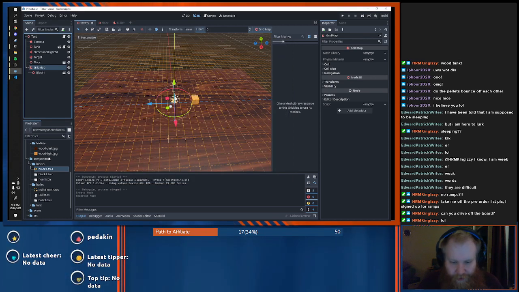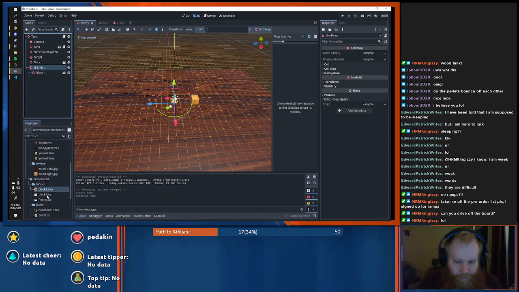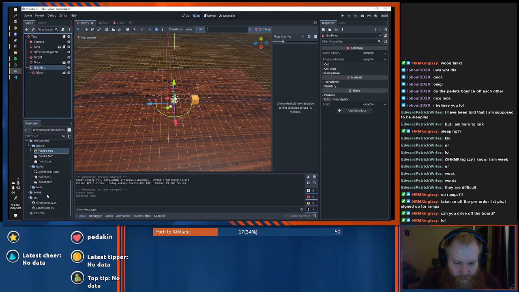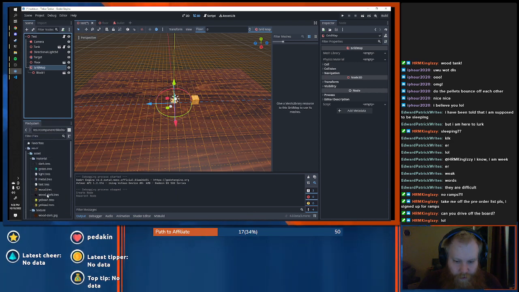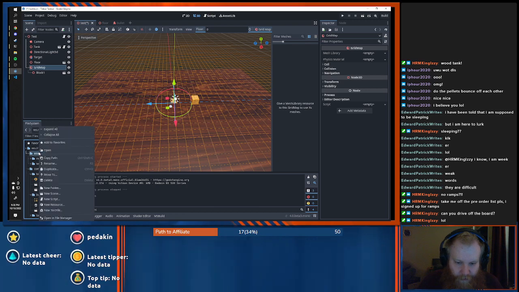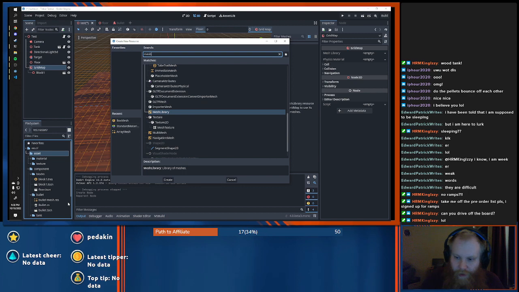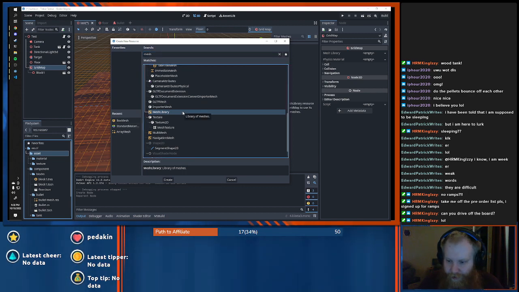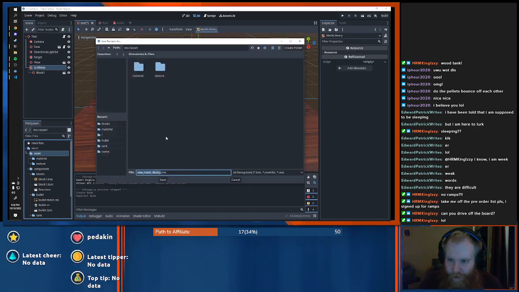Oh, it's a resource, not a scene. So we'll just put it in here for now and see. So that's a resource, mesh library. I've never used this before. We'll see what this does. We'll do level mesh library.